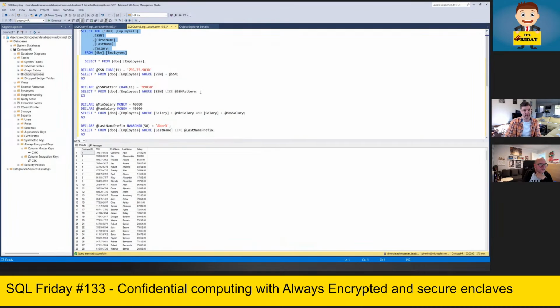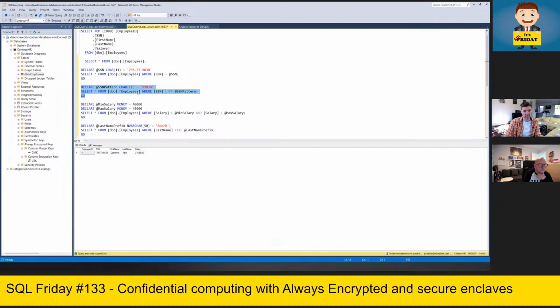I can use pattern matching. For example, if I use LIKE on an encrypted column, that will still work. This is the advantage of using the enclaves, which was previously not possible with Always Encrypted. You can use larger than, smaller than as well.